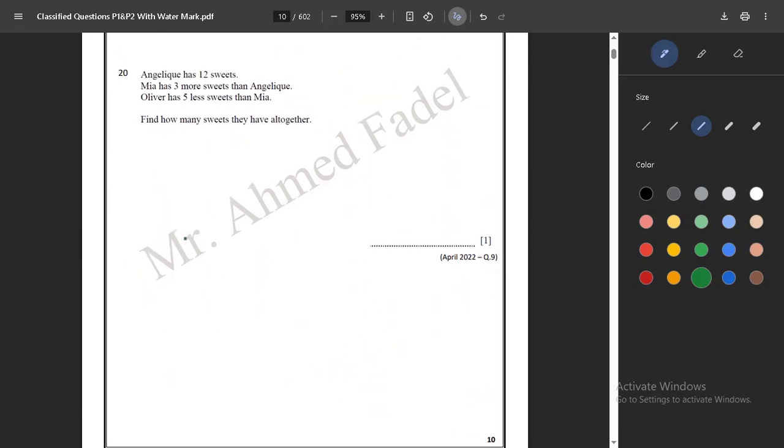It says to you, Angelique has 12 sweets. Mia has 3 more sweets than Angelique. So let's write here, Angelique 12, while Mia, 3 more than Angelique, which is 15. 12 plus 3, which is 15. For those who might get confused, it's 12 plus 3 because they said 3 more than Angelique. All right, and they said Oliver